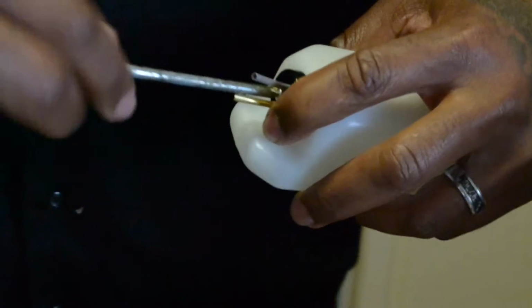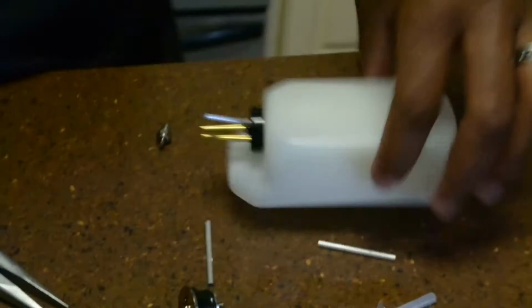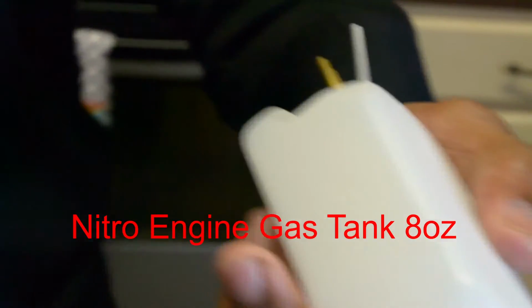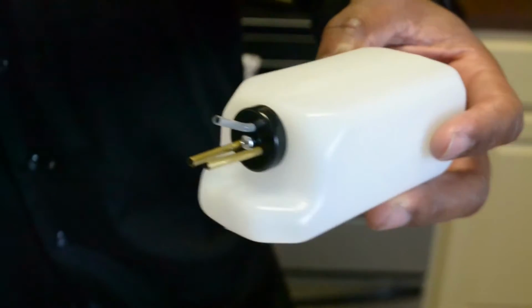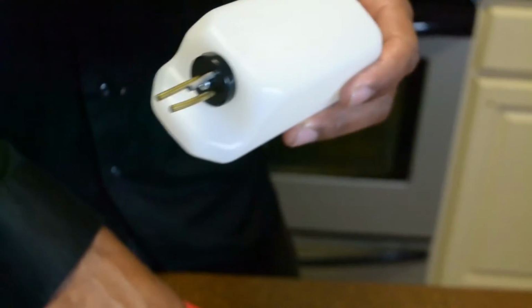So what are you doing right now? This is a nitro engine gas tank. For what kind of plane? You can really put it in any type of nitro gas engine plane. This is an 8-ounce tank. The original tank,